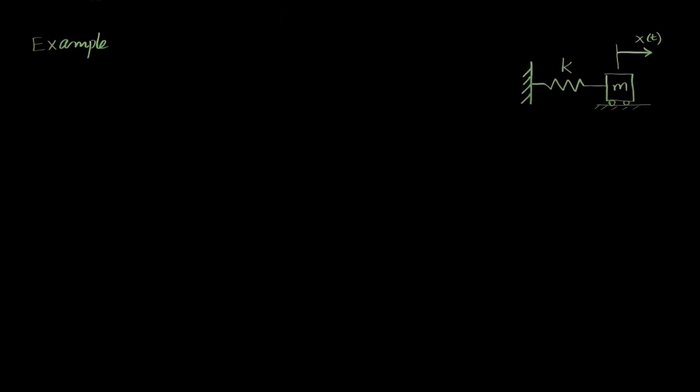Now, let's consider this single degree of freedom simple example, which is a mass-spring system. And let's derive the equation of motion for this system using all three approaches that we talked about. This is a single degree of freedom system, so I expect a single equation of motion for this system. Now, if I consider first the Newtonian approach,